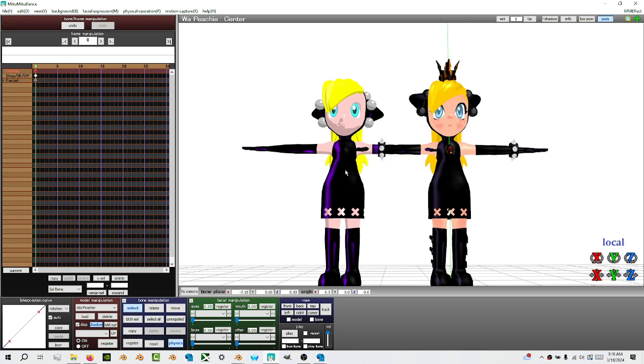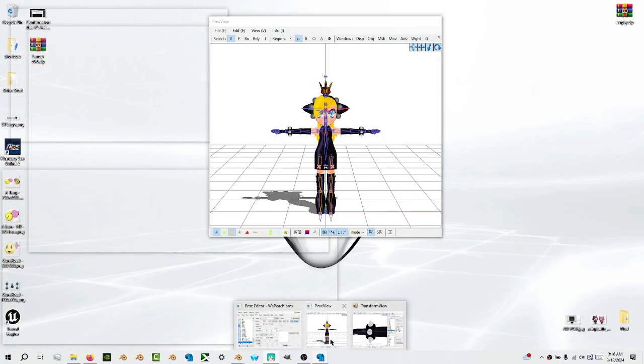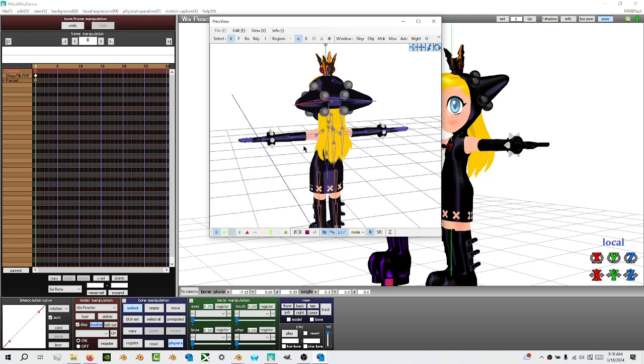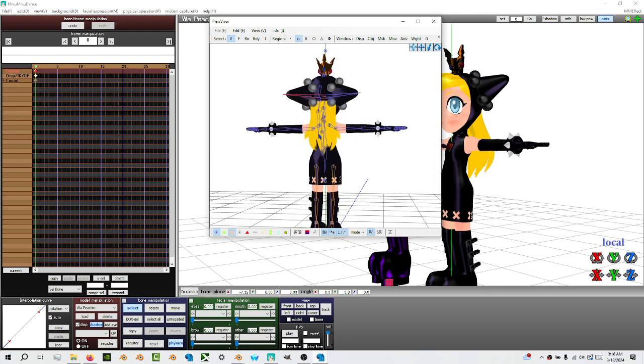But I've been busy trying to analyze bones and how they work and function and make sure that the model functions the way I need it to function. And then next up, I guess I could show you here, I will be working on the hair. So this will be the control bone, and all these hair follicles will have